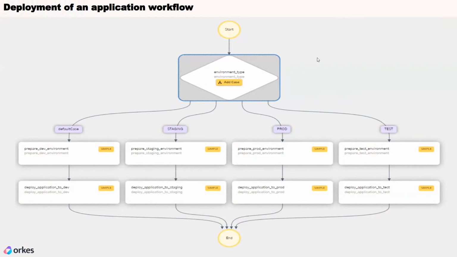This is just a very high level workflow. Whenever the workflow runs, we provide the environment to which our application has to be deployed. The environment can be staging, prod, or test, and by default I have kept it as a developer environment. As and when we want to deploy the application to a particular environment, we prepare that environment and then do the deployment. So the tasks like prepare dev environment, prepare staging environment, prepare prod environment, prepare test environment,